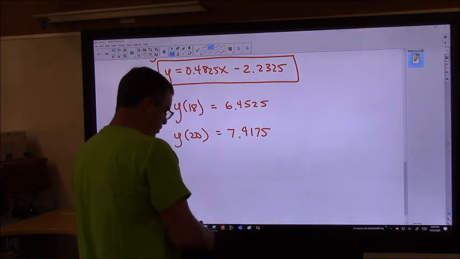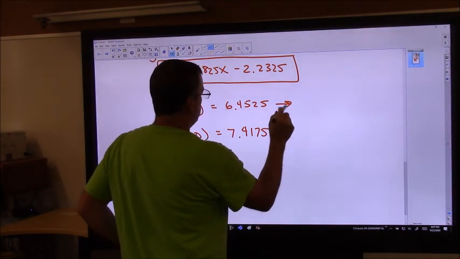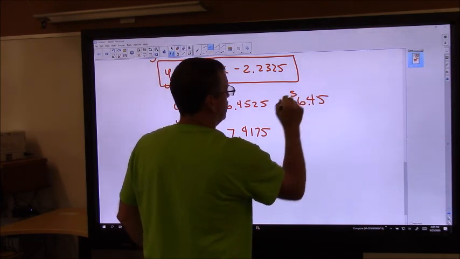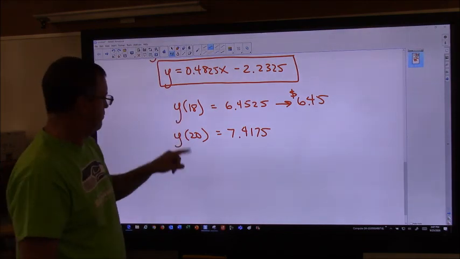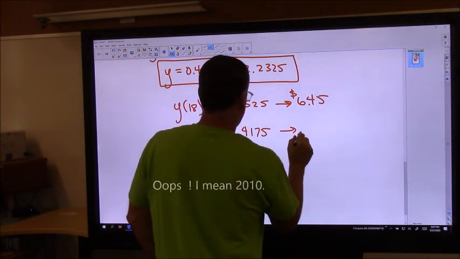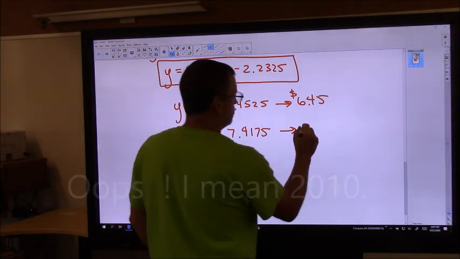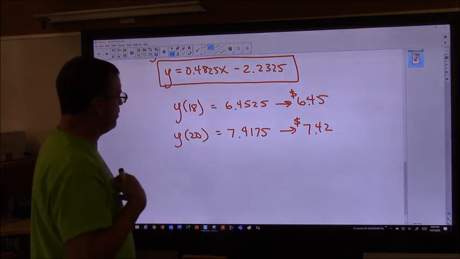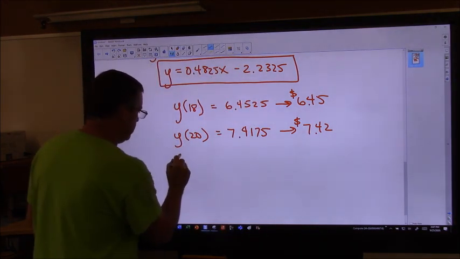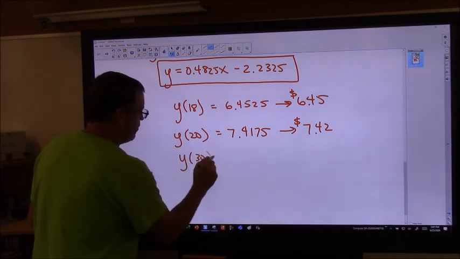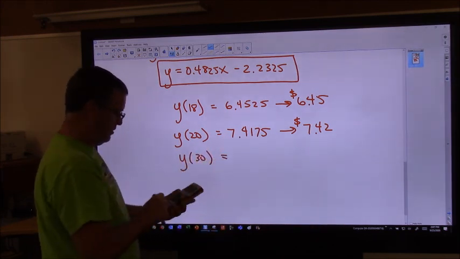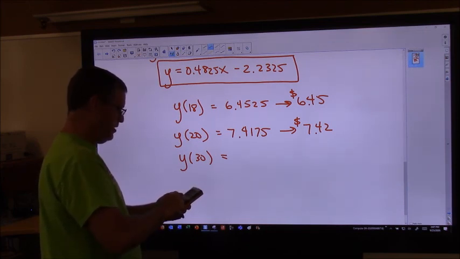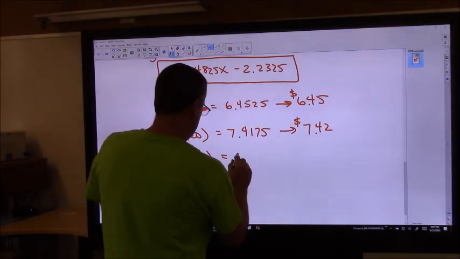7.4175. Which really what that means is this stock is now worth $6.45 per share. I shouldn't say now, 2008. And in 2020, this stock is worth $7.42. This is interesting. So if I want to know what it's worth in the year 2020, that means I should plug in 30. And if I do this same thing, I now get